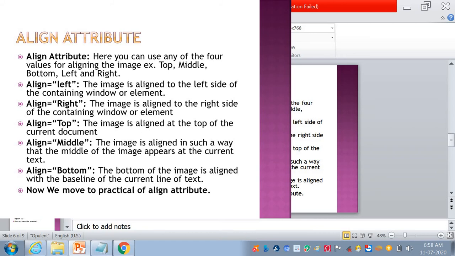Now I explain align is equal to top. Here the image is aligned at the top of the current document. It means the image starts from the top of the document. So it is called align top.